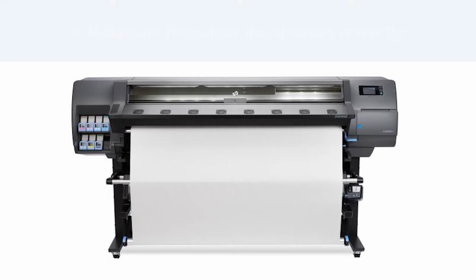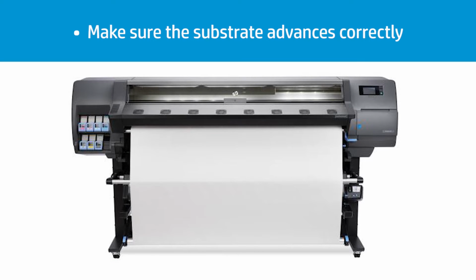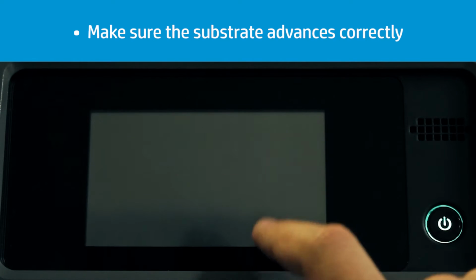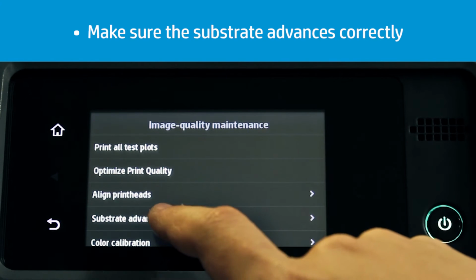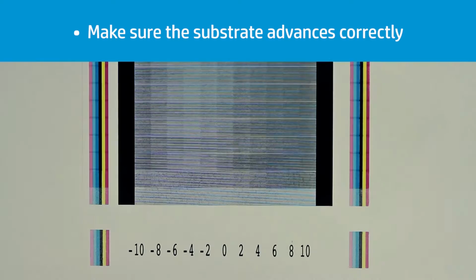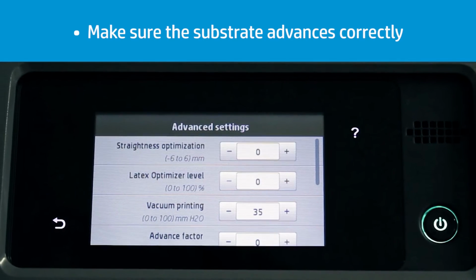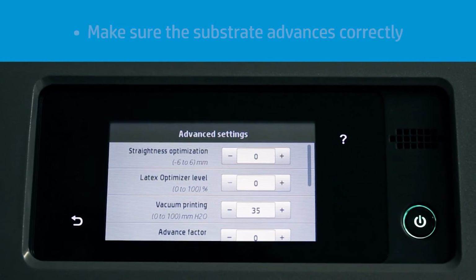If your printer model is an HP Latex 110 printer, or the optical advanced sensor of your HP Latex 360 is not working on the substrate you are using, then calibrate the substrate advance by printing the substrate advance check plot. Locate the lightest columns and make a note of the number at the bottom. Insert the number in the substrate preset and print mode in use.